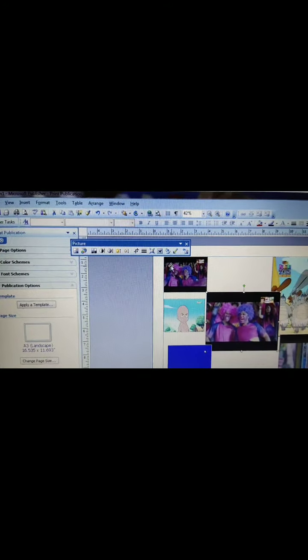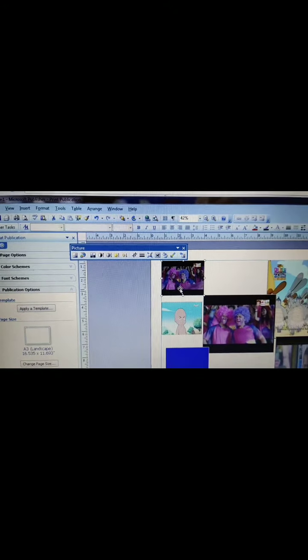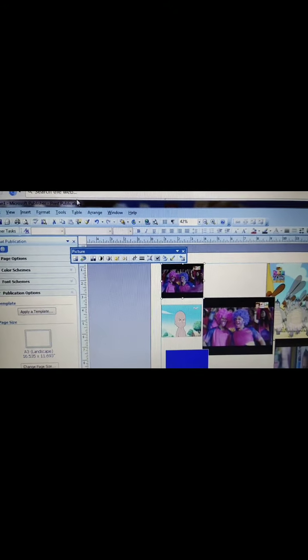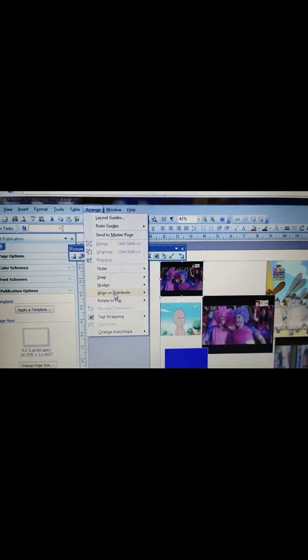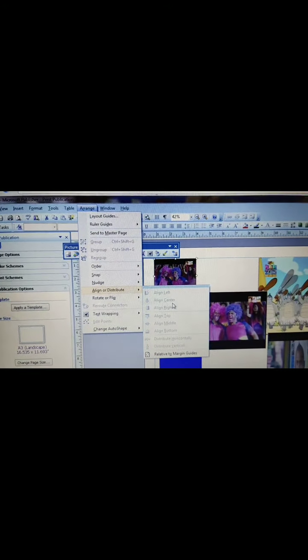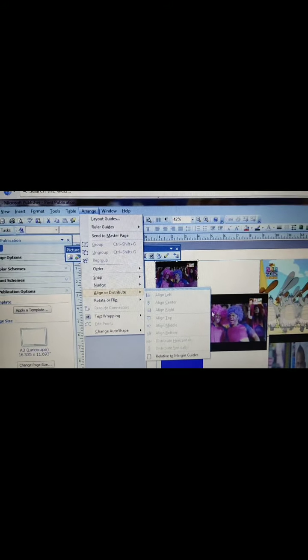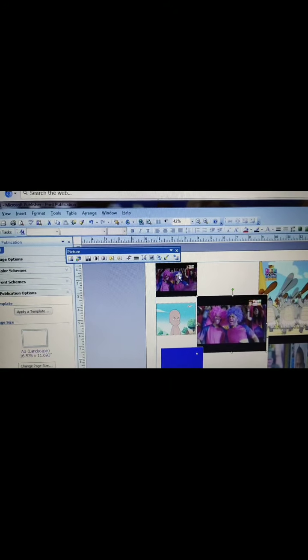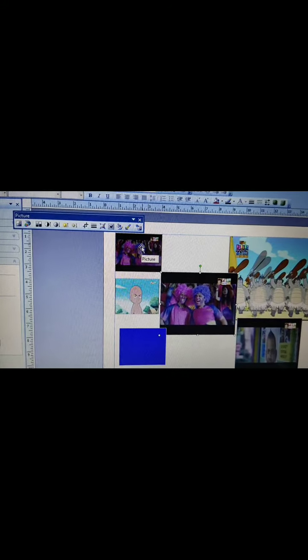Or what you can do, you will select the pictures, go to Arrange and you can just align the pictures. You have to select all.